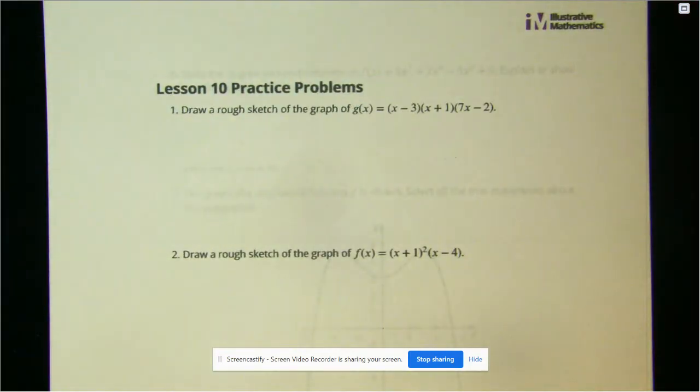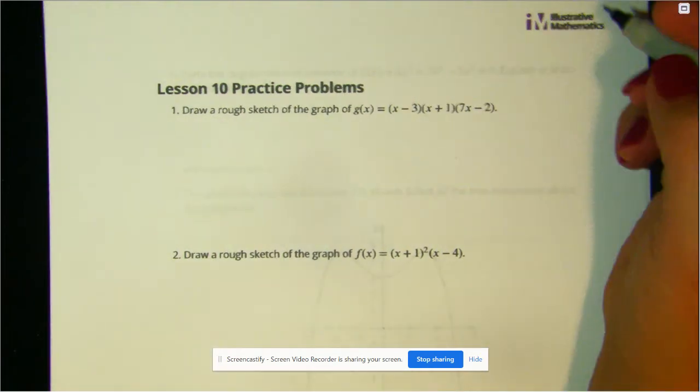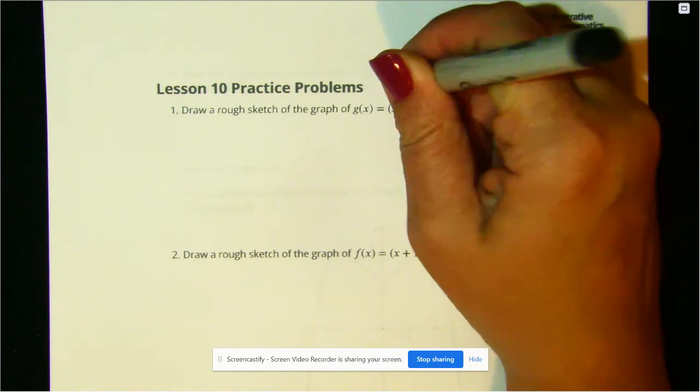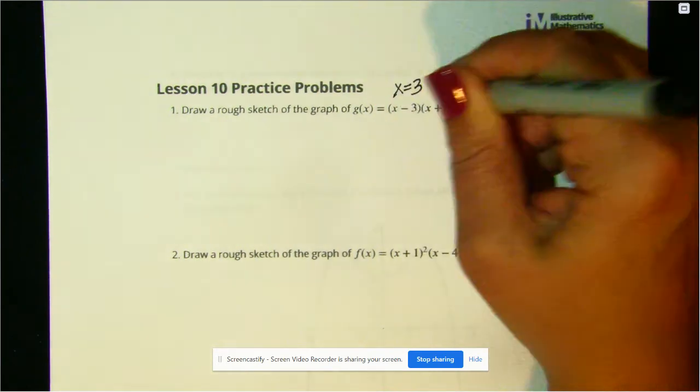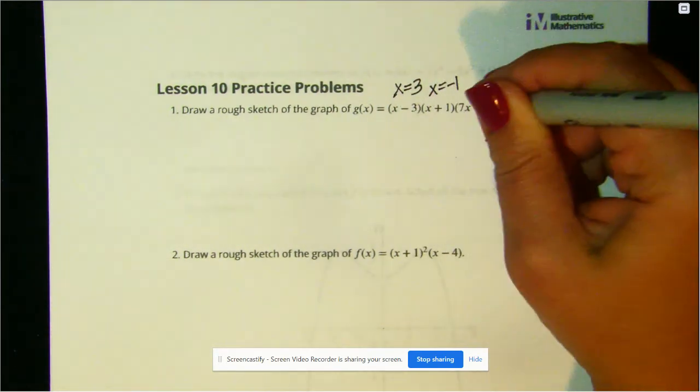Here we go. Draw a rough sketch of the graph of g of x equals (x minus 3) times (x plus 1) times (7x minus 2). So we're going to put everything together. We know end behavior and we know our intercepts. So here I know this is going to touch at x equals 3, x equals -1, and then this one,